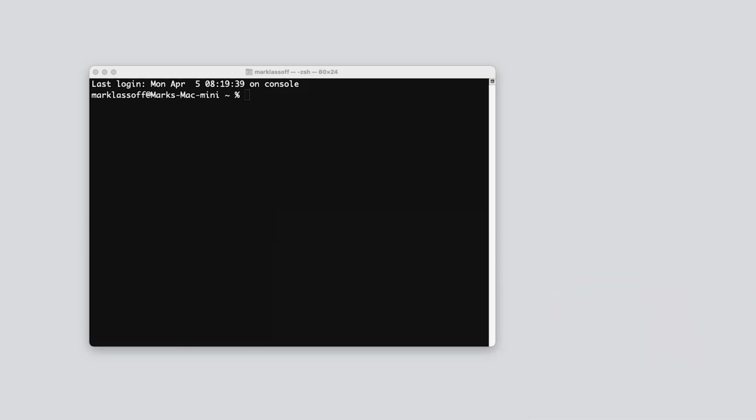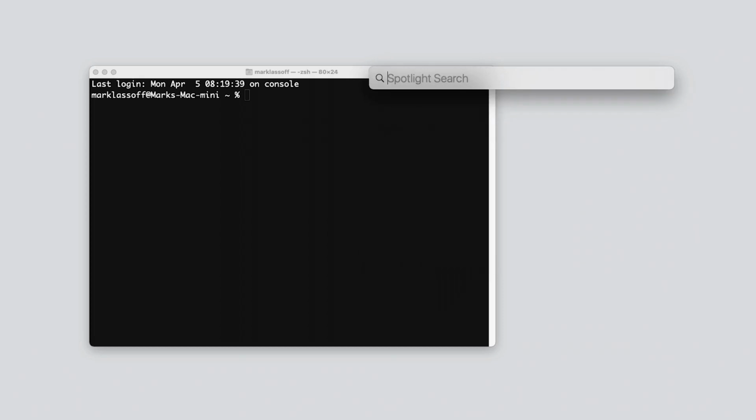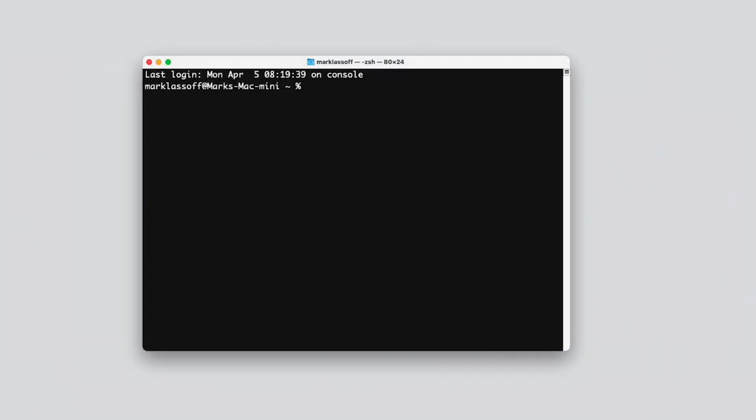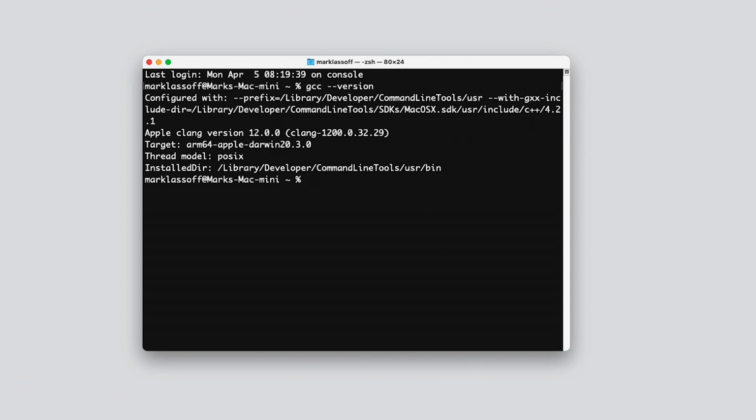Let's get started. In order to see if your computer is set up to read and compile C code, you need to go into the terminal. If you don't know how to reach your terminal, the easiest way is to go into Spotlight and type terminal. You're going to run the terminal program, which looks like this. In order to see if you have the C compiler, you can type gcc --version. If you have the C compiler, you should see a similar message to the one I have here, which indicates the version of the C language that's installed. Your version number may differ slightly from mine, and that's okay.